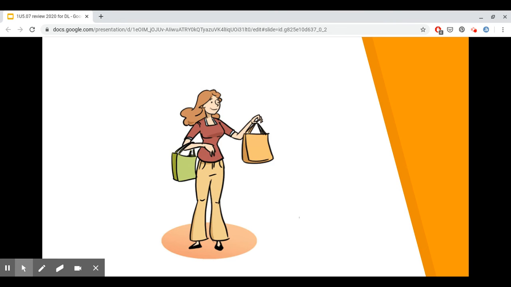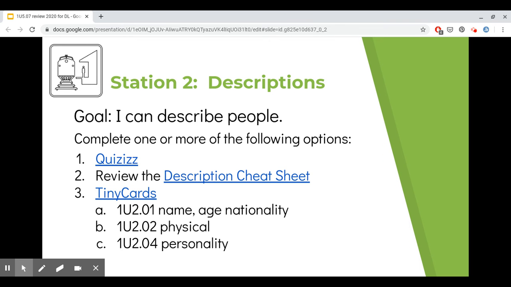Okay, let's take a stop at station 2. Station 2 is descriptions. Your goal is I can describe people. So it says complete one or more of the following options. There's a quizzes you can do.